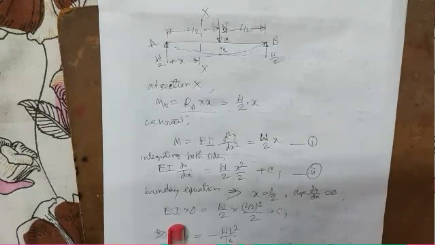Let me open your syllabus first. It says beam deflections, deflections by simple integration, method of superposition, energy methods, Castigliano's theorems, statically determinate and indeterminate problems on beam deflections. So the method of superposition and the energy method, which uses the Castigliano theorem. If you know the Castigliano theorem, the energy method can automatically be found out. So these two are to be solved.